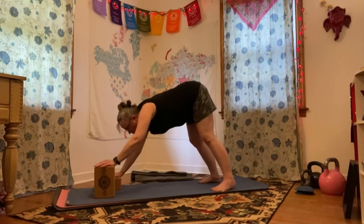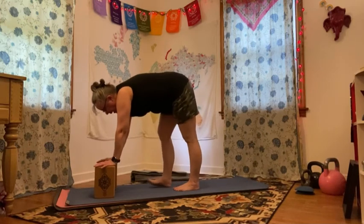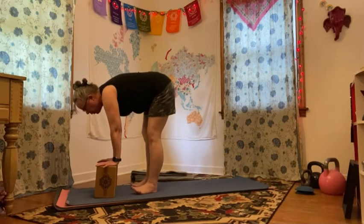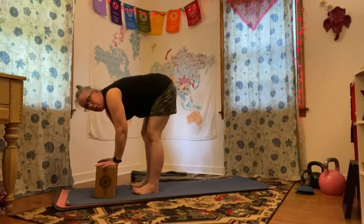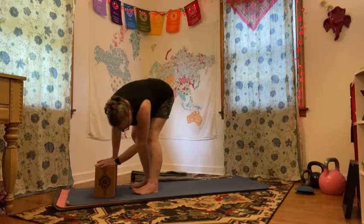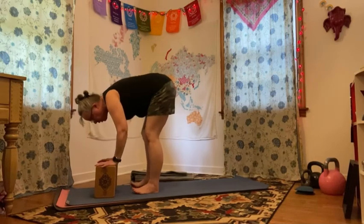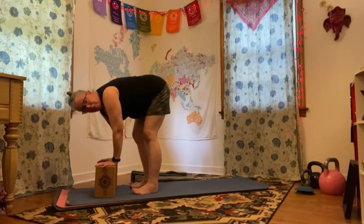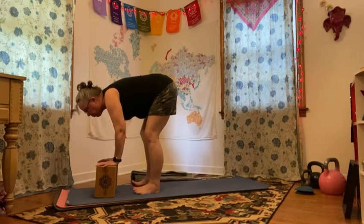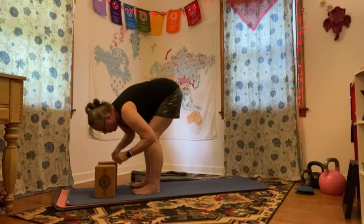and then you walk up to that forward fold, or you drop to hands and knees and step up to that forward fold. So here you are hinging over those legs. Keep those knees bent and let yourself move as much or as little as feels good. Still practice not gripping with those toes. You're really trying to find that stability underneath those balls. And then after a few breaths, you're going to be done with whatever movement